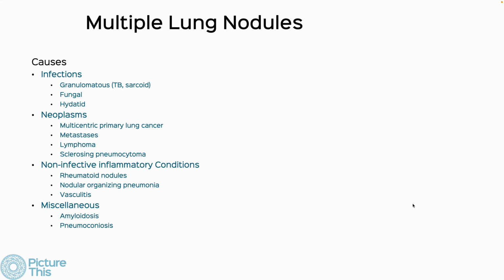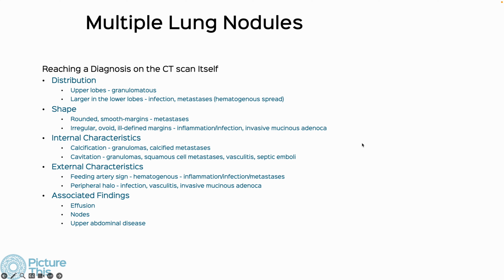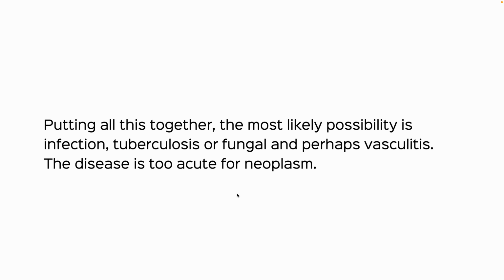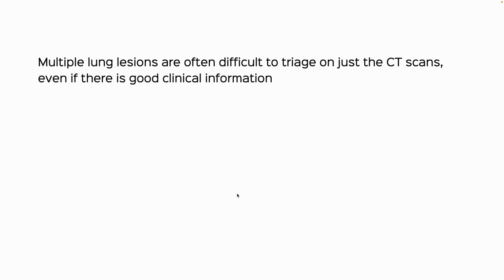So again, if you look at all the causes, that's the list here. This is the way in which you would try and reach a diagnosis. Again, we're looking at randomly distributed lesions, necrotic, ill-defined margins, ground glass halos, etc. And so if you look at the peripheral halo bit, then we have this set, and it's highly unlikely that this is invasive mucinous adenocarcinoma. So we're again in an acute setting, thinking of infection and vasculitis. So did a biopsy in this manner of the upper lobe lesion, and now we're going to wait for the